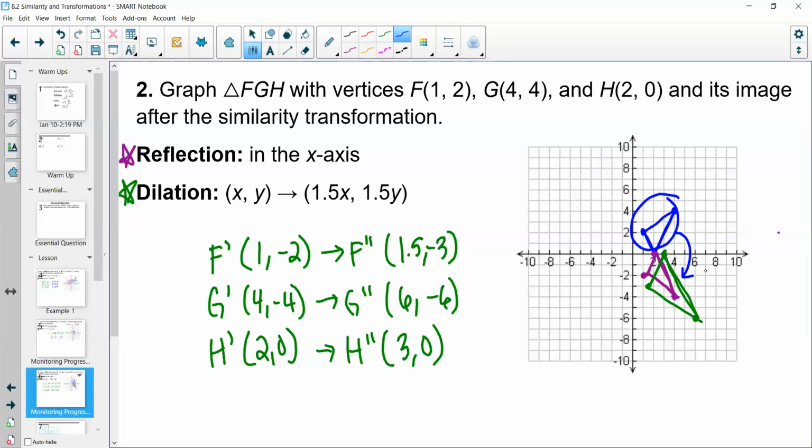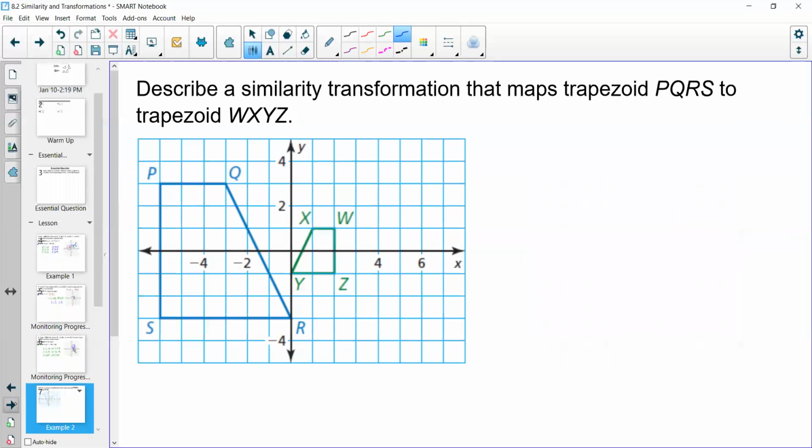Pretty cool. Okay, let's take a look at one more type of example here. Now, in those previous ones, we were given something and we needed to describe what it did. In this case, we want to describe a transformation that will take this trapezoid to become this one. So let's take an example first. What did it do to go from here to here? Well, it looks like it reflected